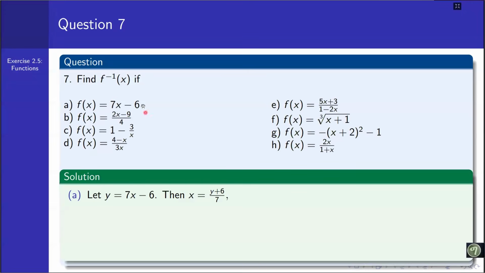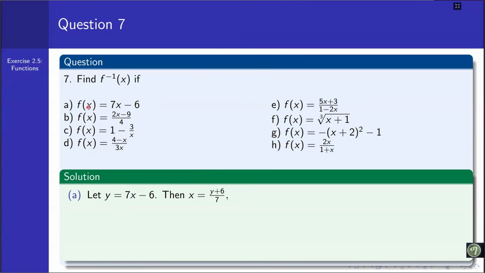የመጀመሪያው ስራችን እዚህ ጋር የሚሆነው ምንድን ነው? አንድ ፋንክሽን ኢንቨርስ የሚኖረው መቼ ነው ሲባል when the function will have an inverse function only when the function itself is a one-to-one function ካልሆነ one-to-one ካልሆነ the inverse ፎርሙላው ልናገኝ እንችላለን። ነገር ግን ብናገኘውም ግን የፋንክሽን ፕሮፐርቲ አይሟላም፣ ደግሞ ፋንክሽን አይሆንም ማለት ነው።